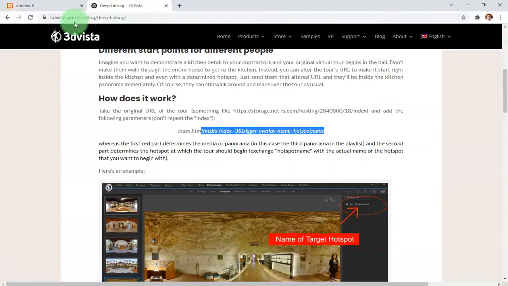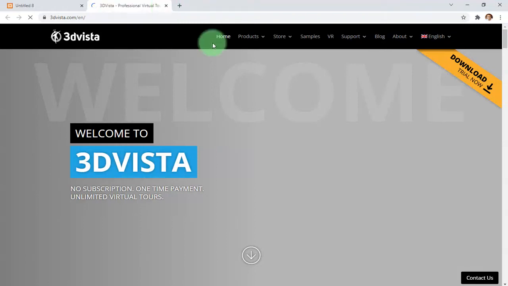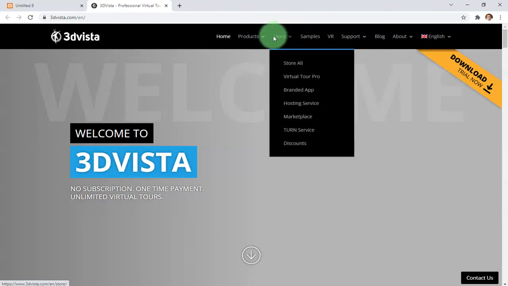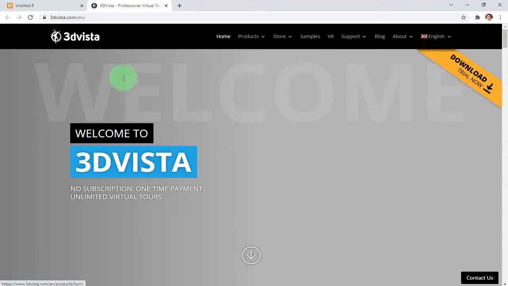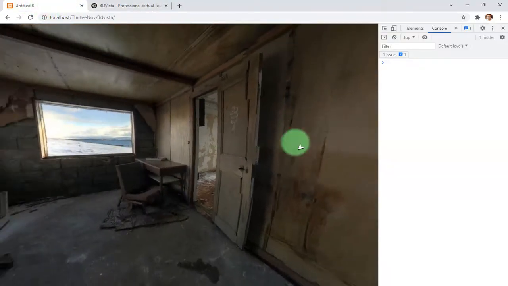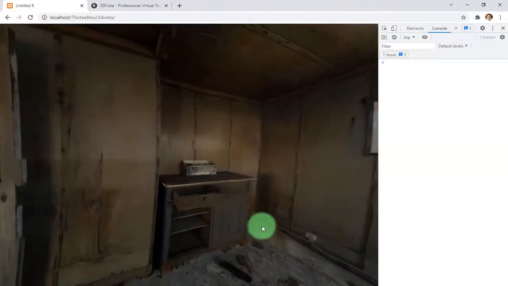But the problem is 3D Vista doesn't have any official JavaScript API or any article about a JavaScript API that we can learn. So that's why I think we have to find out and figure out how to do that ourselves.